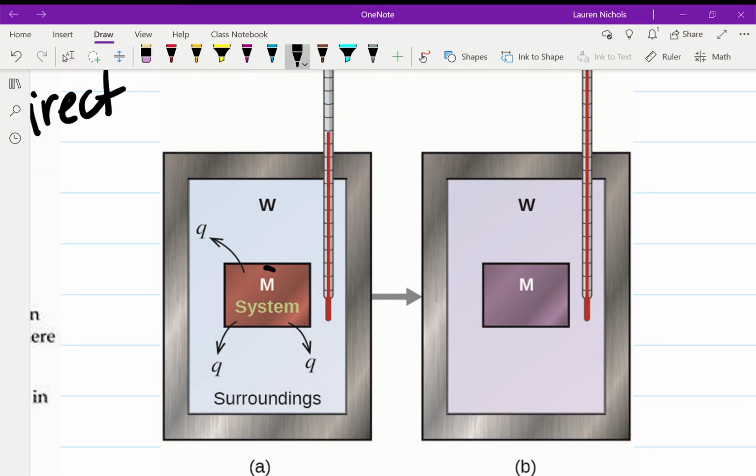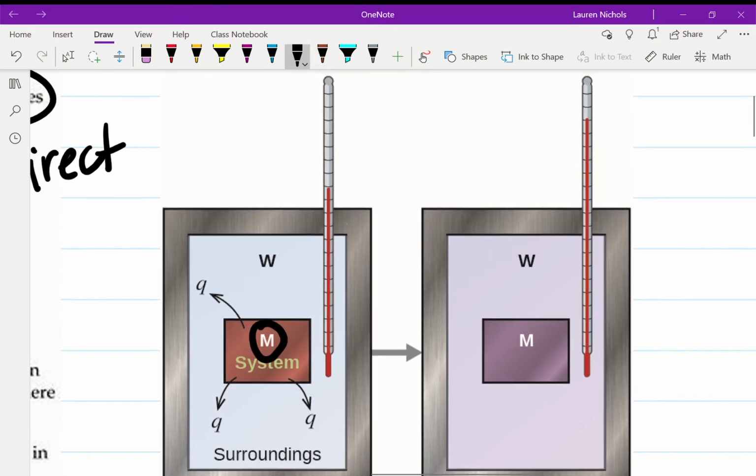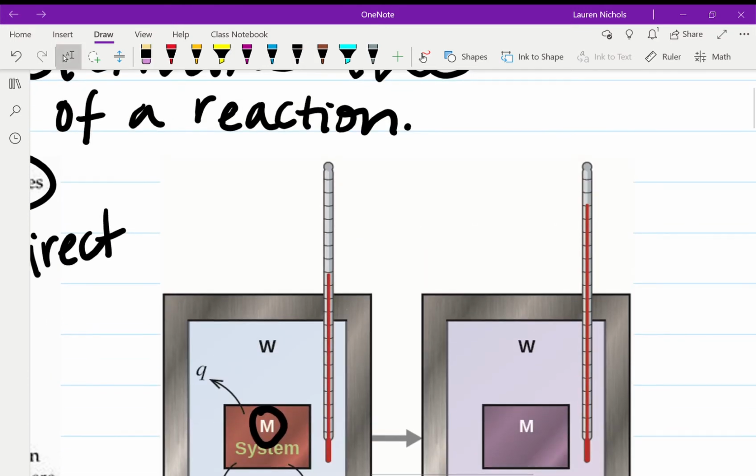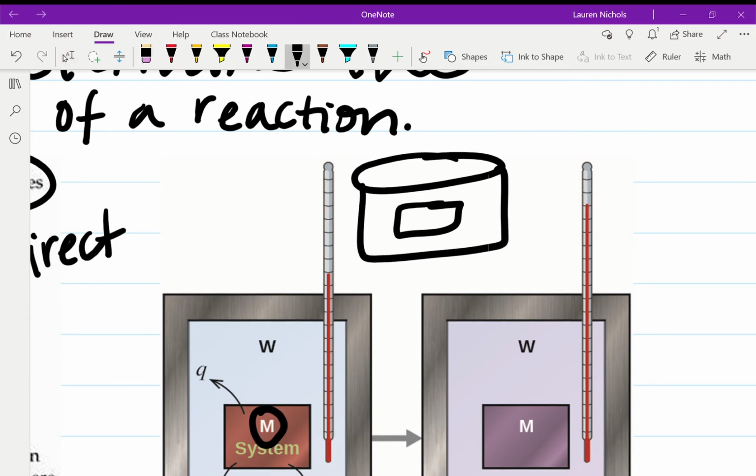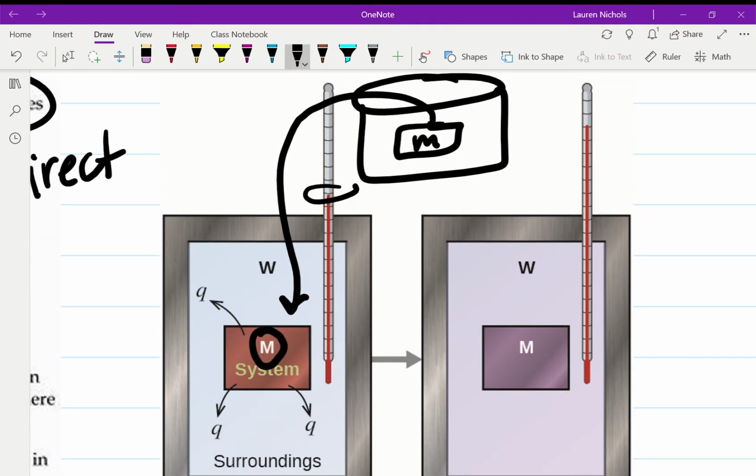Let's say M is our metal, and we don't know what it is, but we do know that, let's say over here, we heat up M in a thing of water to 100 degrees Celsius, okay? And then we take that metal and we put it in the water. Well, if the water was originally, let's say again, 25 degrees Celsius, because that's about room temperature,